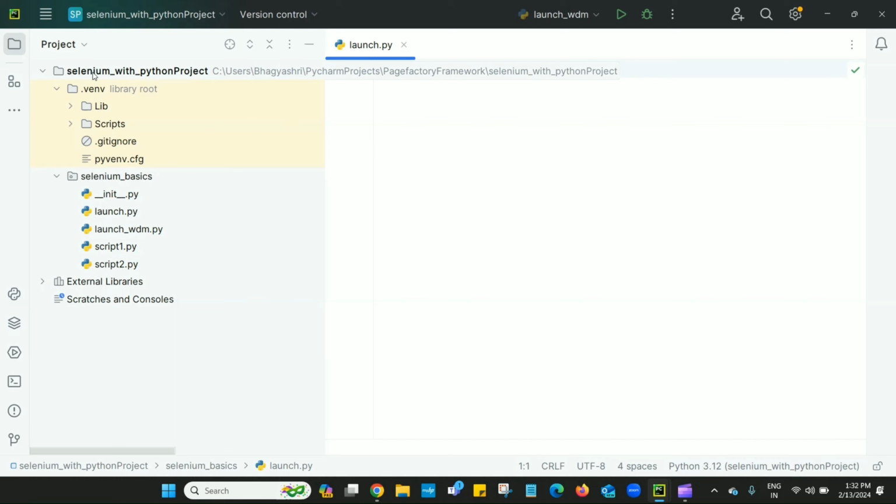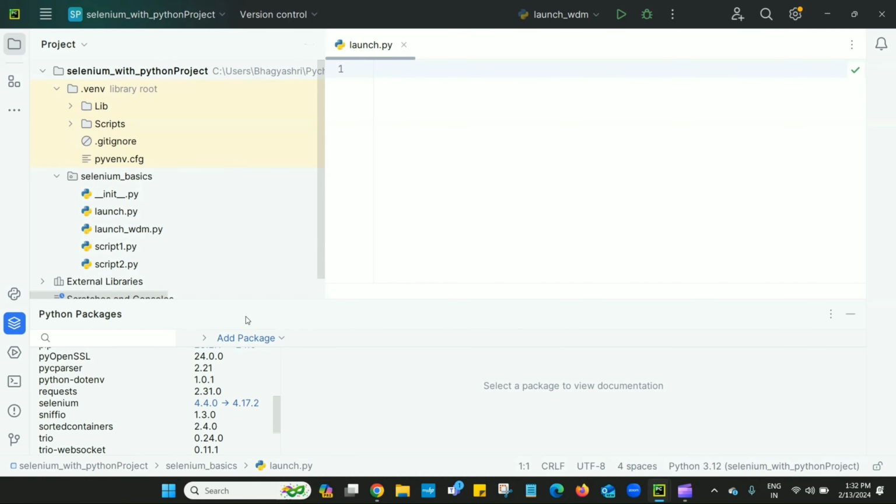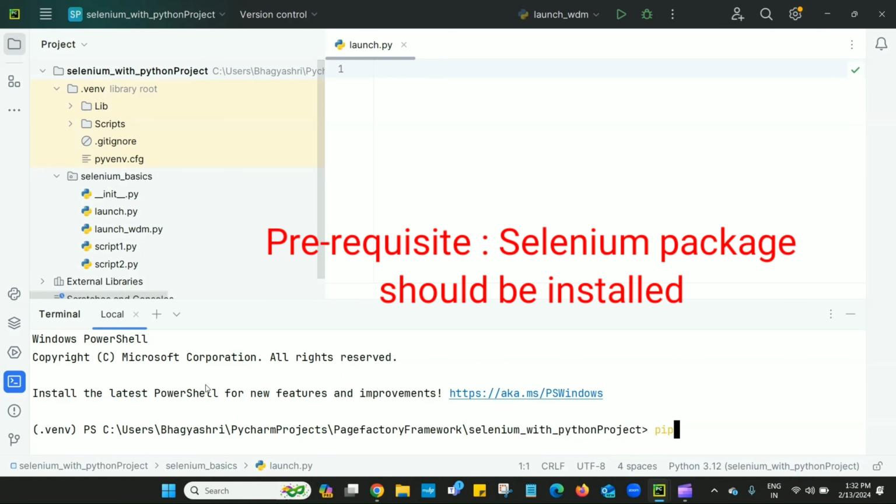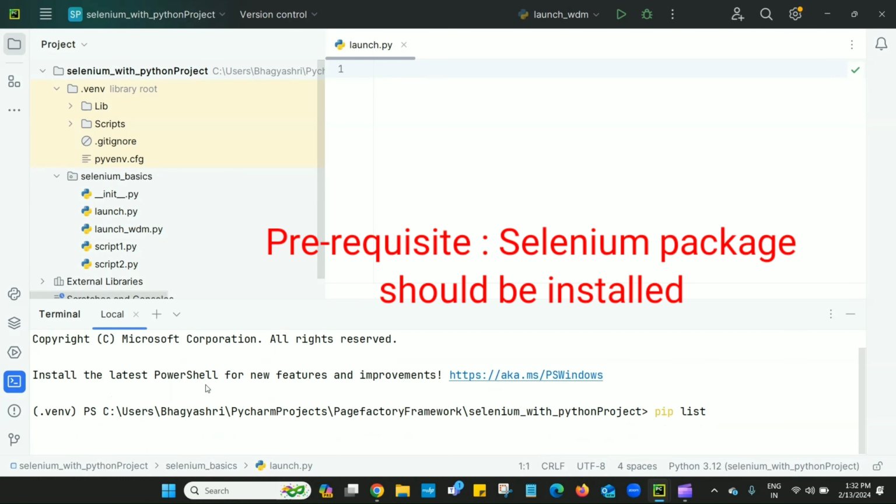So this project I have already created, and I have created this package, Selenium Basics. For writing a script, we have to install the Selenium package. I have already installed it, so I will show you. Pip list.